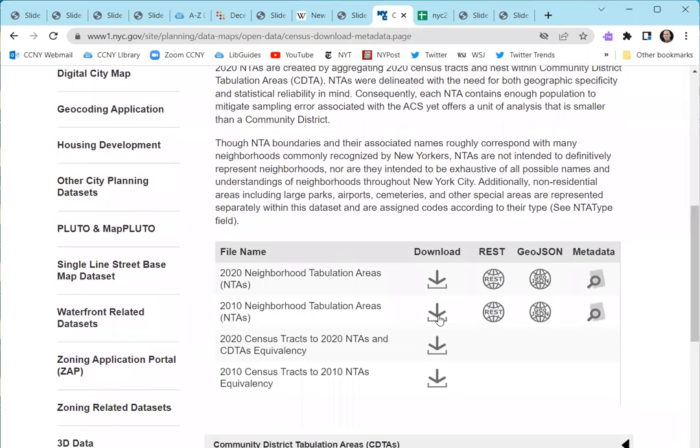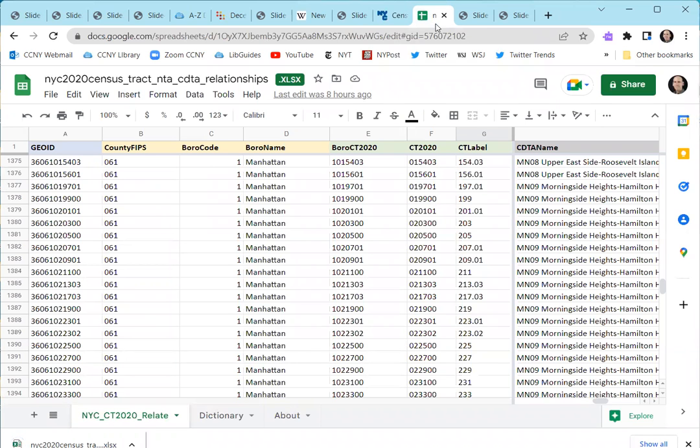And I downloaded it. All you have to do is click download and it downloads. But I uploaded it onto my screen, and this is what it looks like. It gives you a geo ID, and it gives you the borough, and it gives you the census tract for 2020 and the neighborhood name, the CDTA name. So I've already landed on the section that includes Morningside Heights and Hamilton Heights,